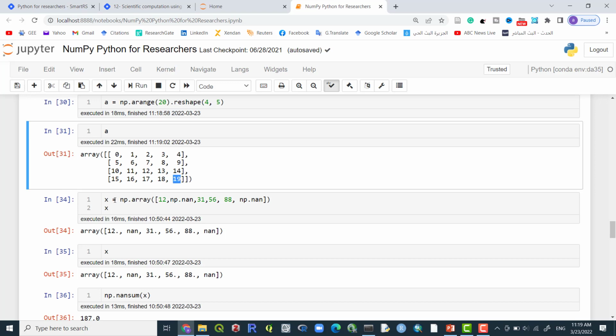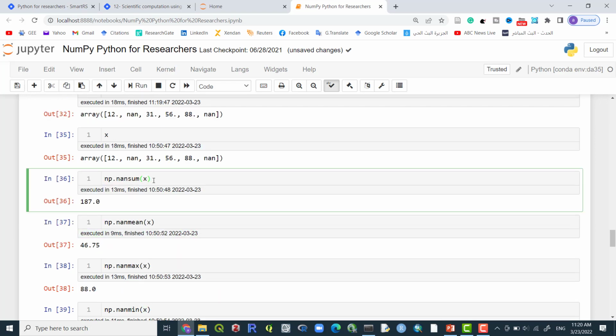In case we have non-numbers, for example, we have x equal np.array 12, np.nan, 31, 56, 88, and np.nan. To find the sum of x, we use np.nansum x,